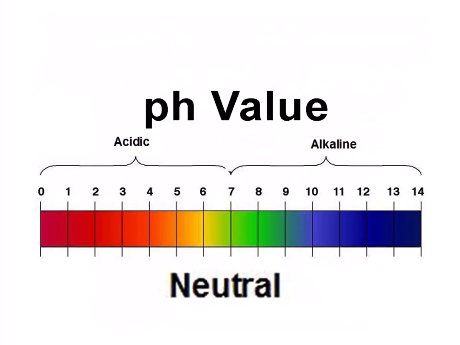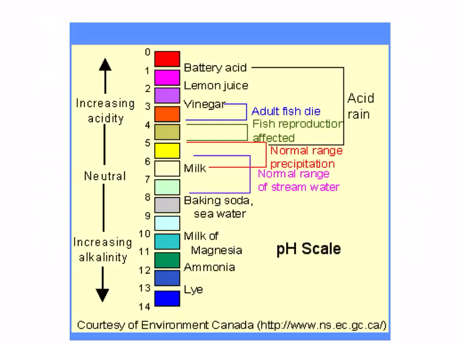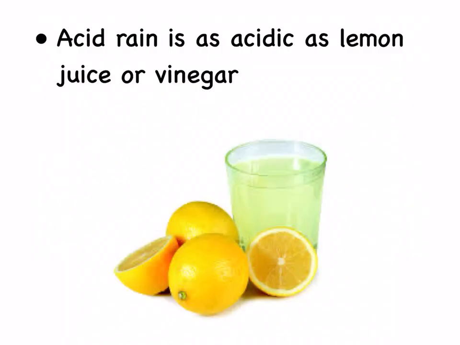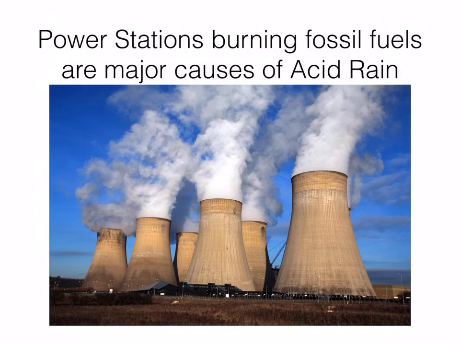Now, pH-wise, you're used to the pH scale from science. We'll say uncontaminated water in the atmosphere would have a pH of about 5.6. That's fine, that's pretty neutral. Whereas acid rain has a pH of below 4.3. So you can see it's really going to the acidic side of the pH scale there. So this is going to have an effect on the environment if we've got rain falling that's acidic, okay? It's as acidic as lemon juice or vinegar.